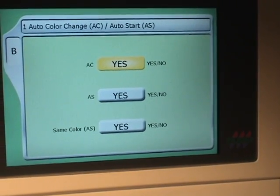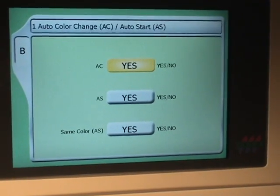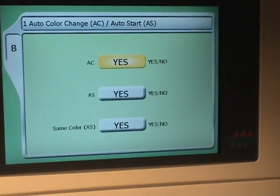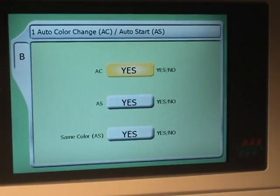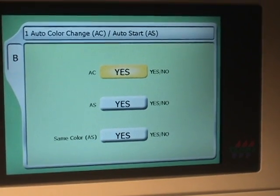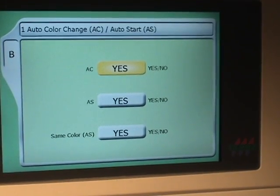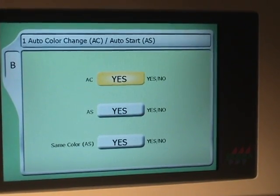AC means automatic color change. Yes means yes, you want to do automatic color change. AS means automatic start. Normally you want to have this yes, that means it will start after every color change. And yes on the bottom means start with the same colors back to back to avoid getting 1B2 error codes. The second time we press B,